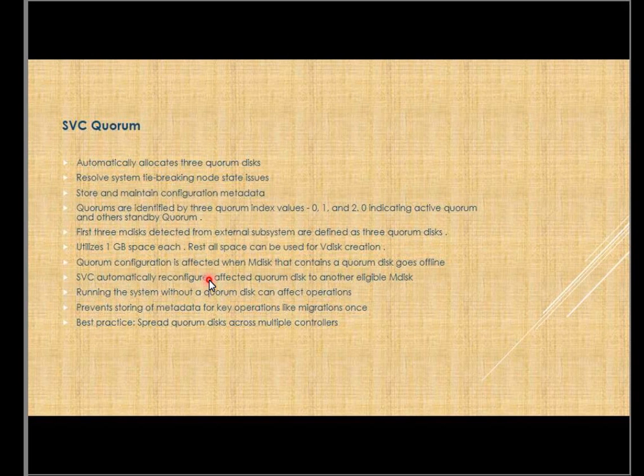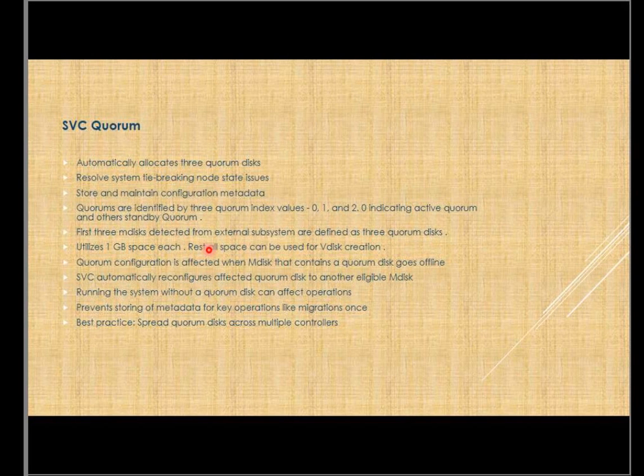So this is how it looks. This is IO group 0, IO group 1, IO group 3. You have nodes, and this is one location and this is another location. You have node 1, node 2, node 1, node 2, node 1, node 2, and you have the quorum, which is located at the third site. Because if it were located at one of these sites and something happened to that site, the quorum would also be lost. So normally it is suggested to have the quorum at another site.